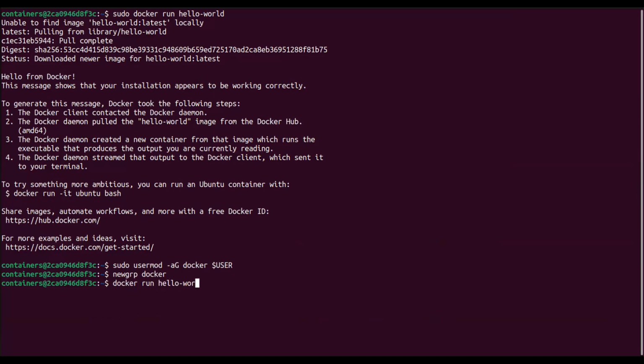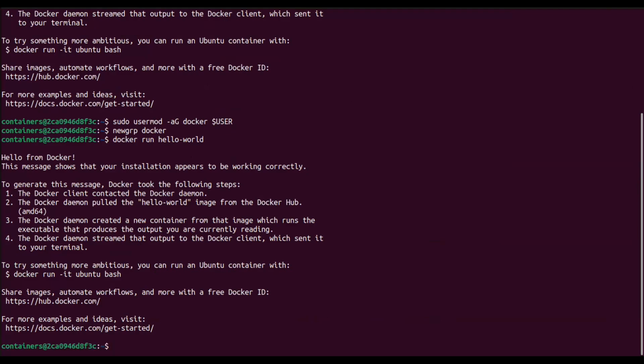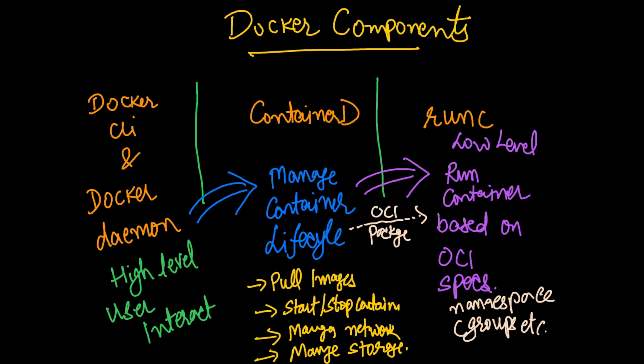And now I'm running this command without sudo and it's the same result. So next time you don't have to use sudo for running anything with Docker. I hope this video was useful to you and you learned about containerization and various Docker components. And in the future videos, we will